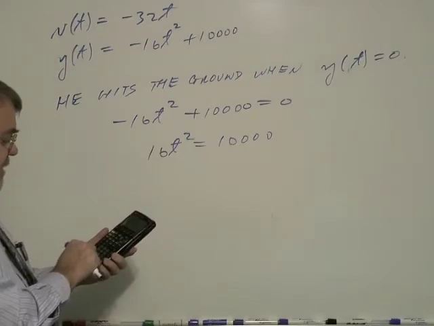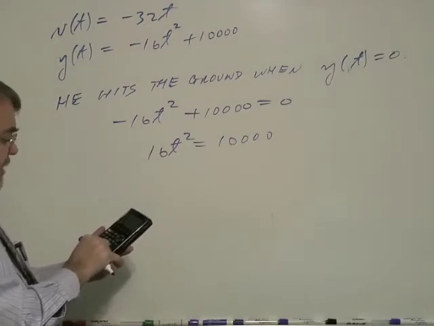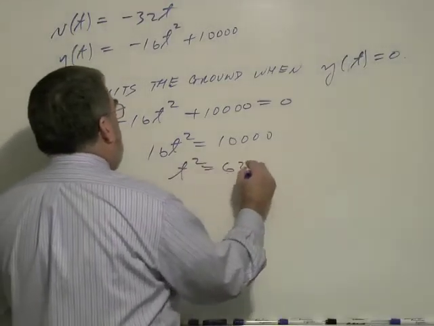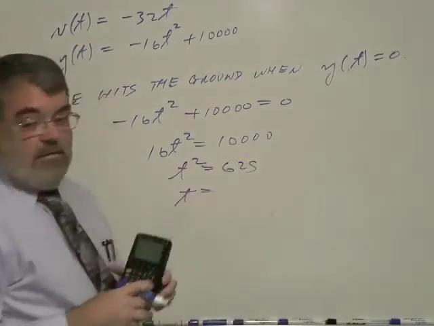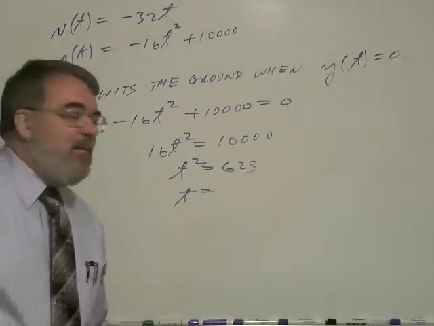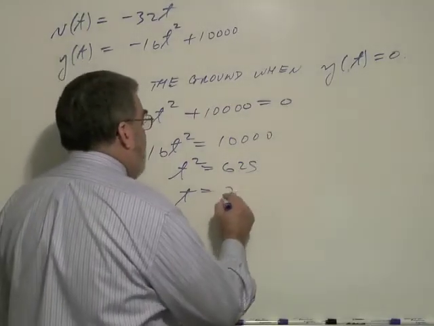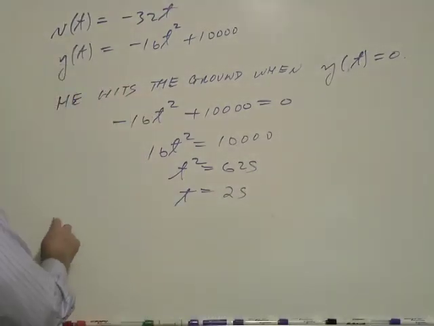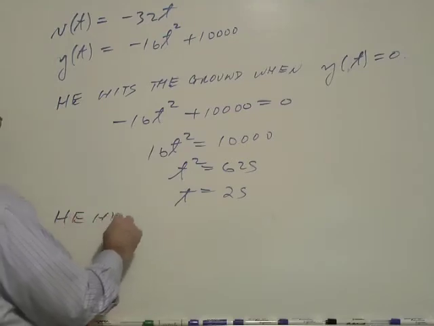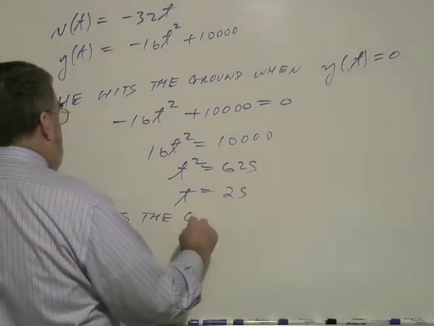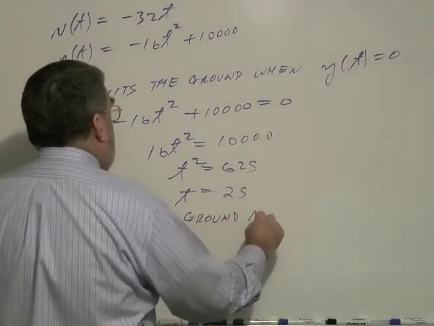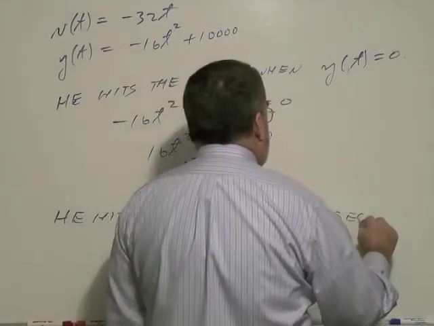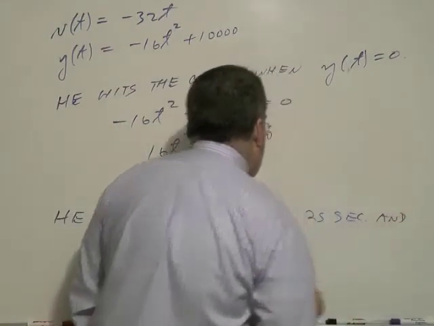Let's see here, 10,000, if I divide by 16, is 625. So t would be the square root of 625. It just, by coincidence, I picked a good number. The square root of 625 is exactly 25. So he hits the ground after 25 seconds and at a speed,